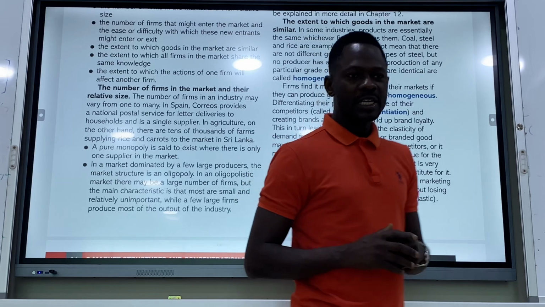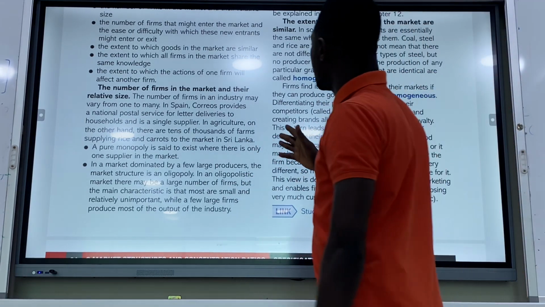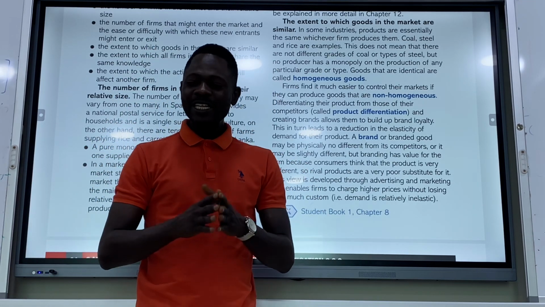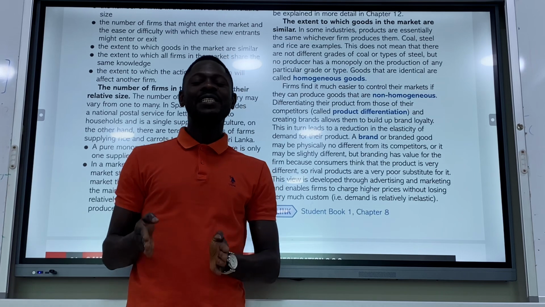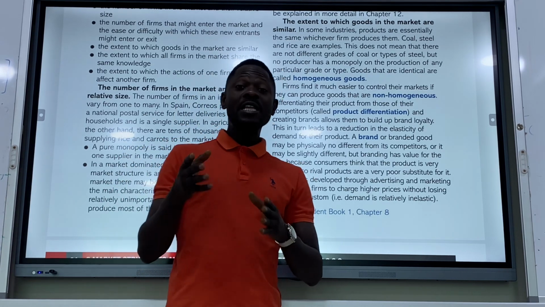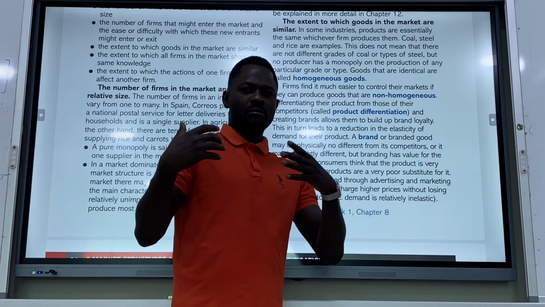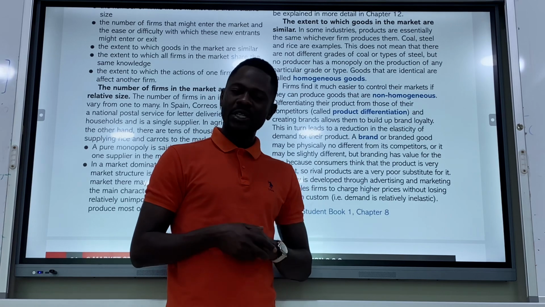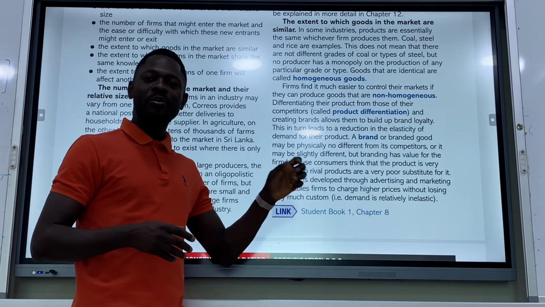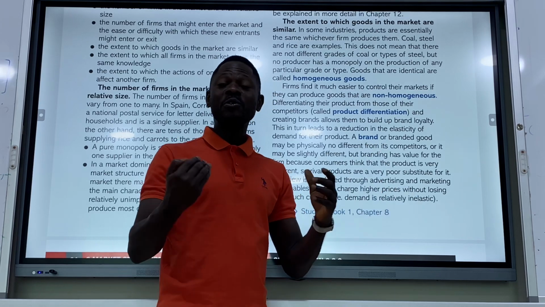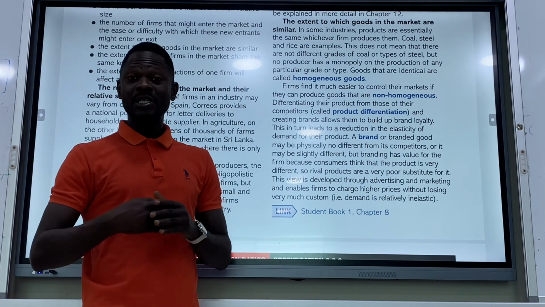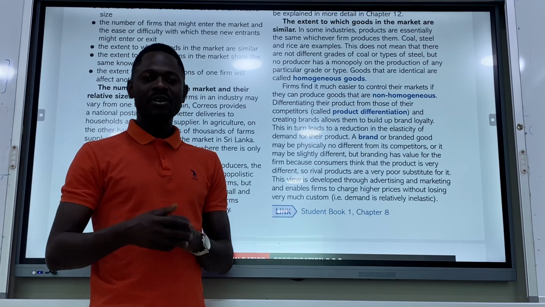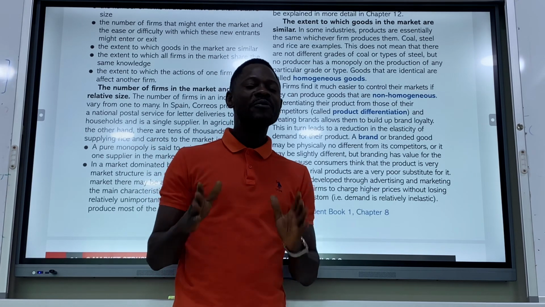So the point we're making here is about selling homogeneous products. When firms sell homogeneous products, it means they have to find a way to differentiate. Being able to differentiate their product will be by finding a brand name for their product, finding a unique selling point for their product. If they are able to do this, then the demand for their product will become price inelastic because customers will see their products as different from those of the competitors. Despite the fact that they produce similar goods, the fact that they are able to create a brand for themselves, which brings about brand loyalty, makes the product different from those of the competitors.